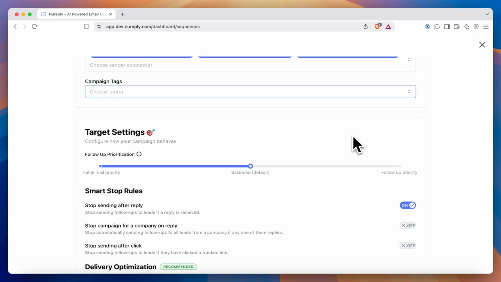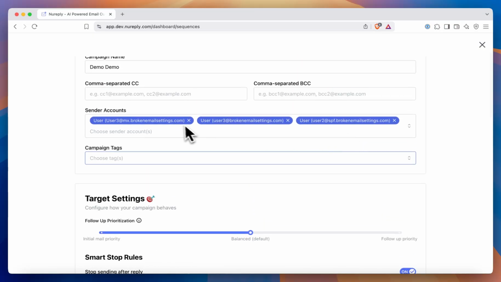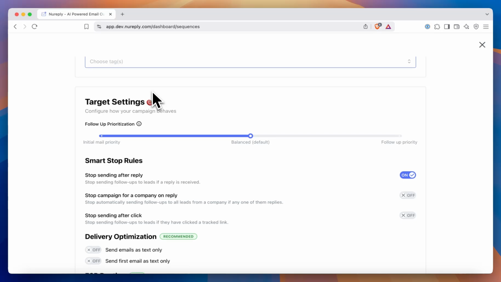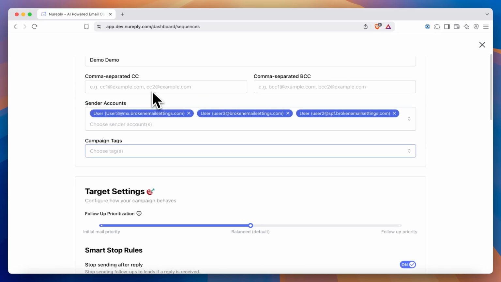The biggest problem that people face is not having enough sender accounts based off of the number of leads that they have. So they might bring in several thousand leads, but only 2 or 3 email accounts. And if each one of those accounts is only configured to send, by best practices, 30 emails a day, it'll take a very long time to burn through your list of a few thousand people sending 3 follow-up emails